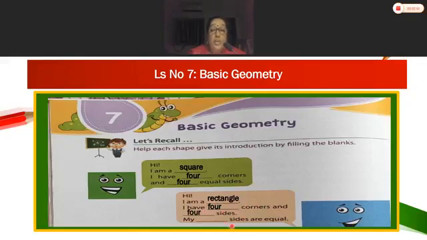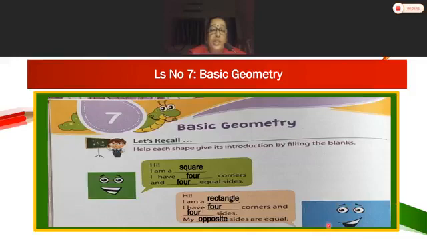Now here we will see which sides are equal. In a rectangle, the opposite sides, that is up, down. This is the opposite side. Then front and next. There you can see the opposite sides. Okay, hi, I am a rectangle. I have 4 corners and 4 sides. My opposite sides are equal. So here you can see all the opposite sides are equal.